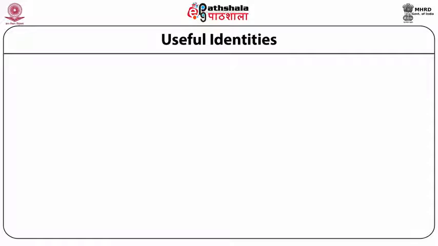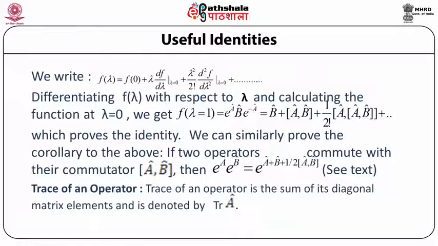Useful identities. Now, in order to prove the relation mentioned above, let us consider the expression f as a function of lambda, which is given by e to the power lambda times operator a, operator b, e to the power minus lambda times operator a. Now, using the Taylor series expansion for the function f as defined above, we write f of lambda is equal to f of lambda equal to 0 plus lambda times df by d lambda at lambda equal to 0 plus lambda square upon 2 factorial d2 by d lambda 2 of f at lambda equal to 0